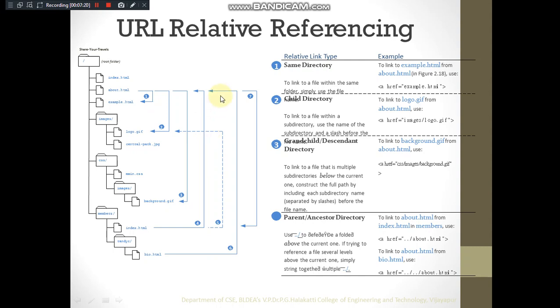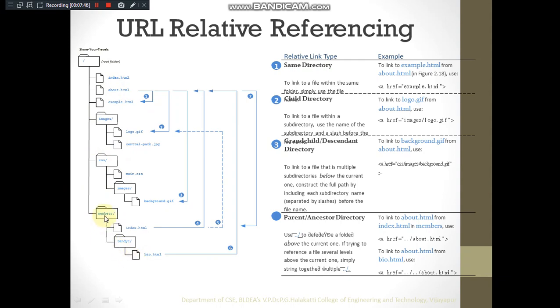Okay, so let us look into sixth example. In bio.html we would like to establish a link to about.html. So its parent directory, currently it is in randy, right? It should go to where? It's what? Grandparent, isn't it? And inside that it should go to about.html. How do you mention the grandparent of bio.html?